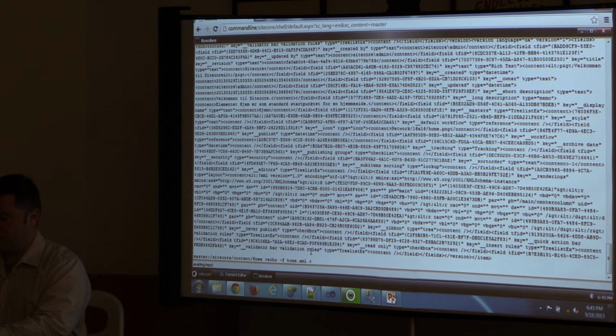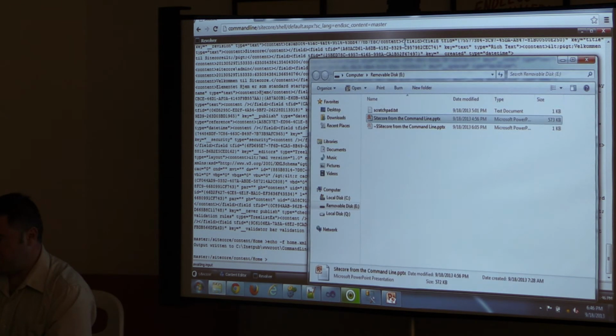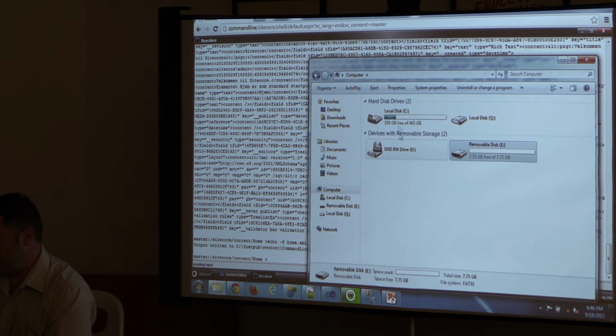And this is kind of like the pipe operator in Unix, even though it's not really a pipe. It's getting less than time. And then I can put another command in here that will run first. You guys remember from math, things that are within parentheses happen first before other things. It's the same idea. So I say, okay, boom, GI. And it was written to my temp folder in my website group on Sitecore. So that was there.